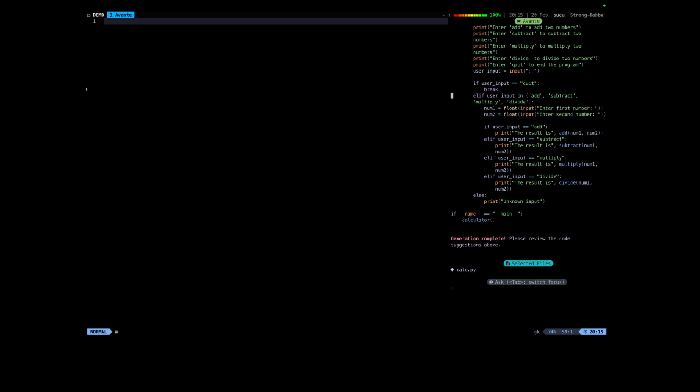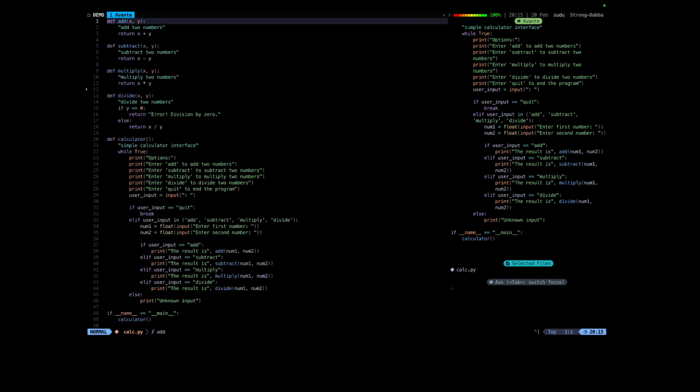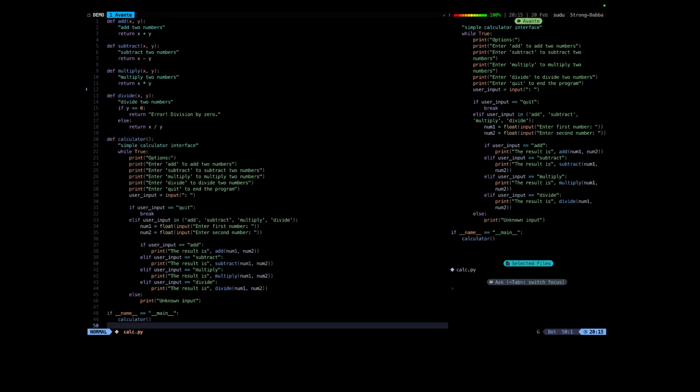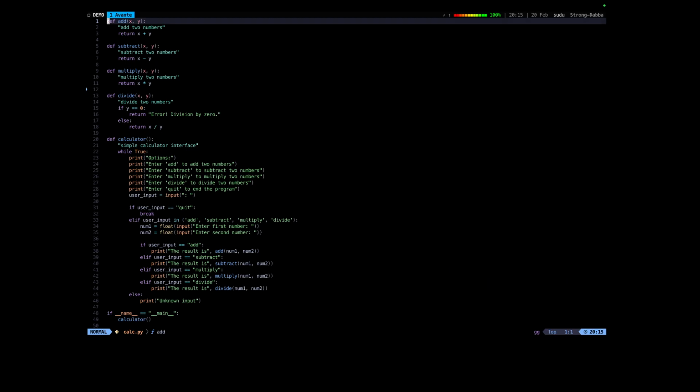So you can just get to the code block and just hit A. Then I can actually accept their side of the changes by hitting CA. And we have the basic calculator function that's offered to us. So we can actually get rid of the Avante menu, and then another thing we can actually explore